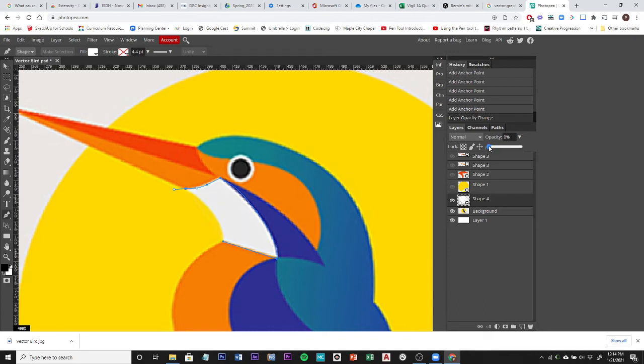So I have a change in direction, so I need to get rid of this handle. So that's an Alt click. Then I have another curve here. So I'm going to click about right here and drag out some handles. And then click again